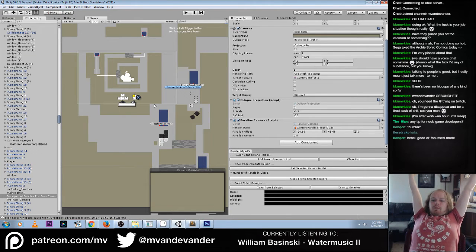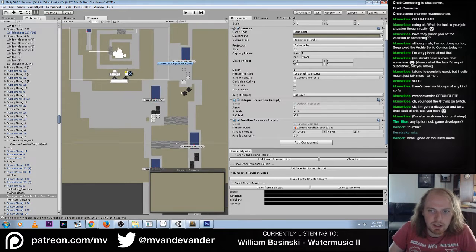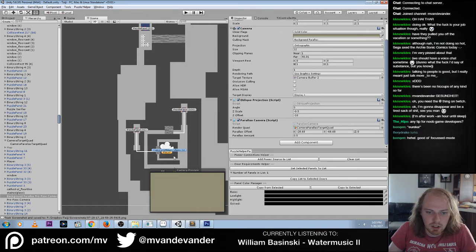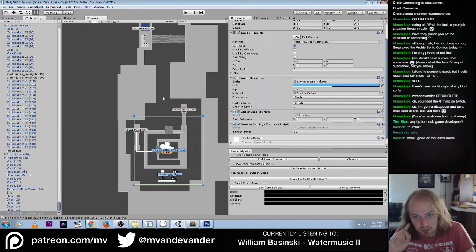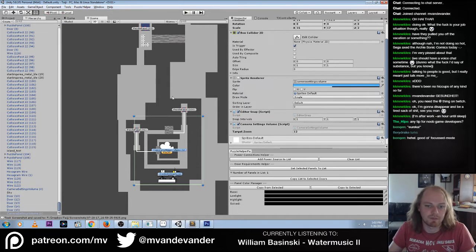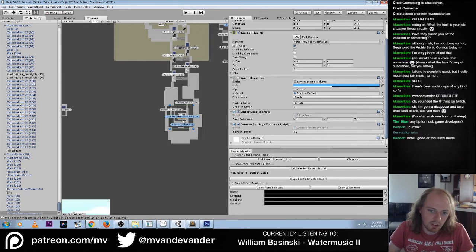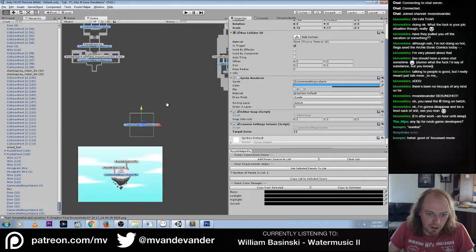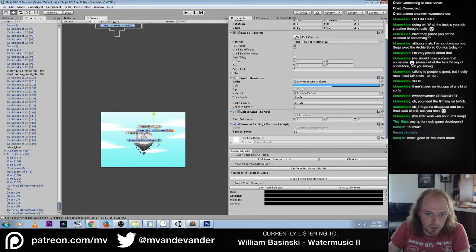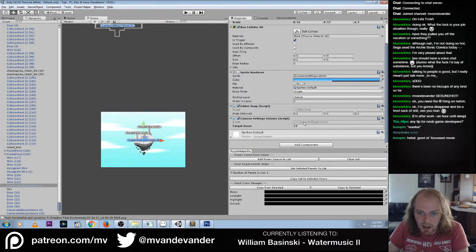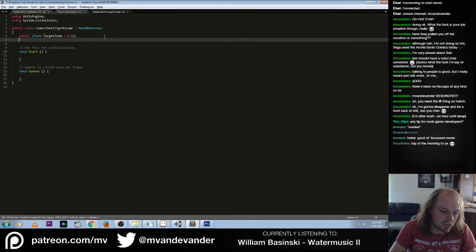And I'll probably put that into the camera settings volume stuff to where it sets that. Like, when you go to this area, it would have that. Actually, I can go ahead and do that. It wouldn't be that hard to do. Oh, there's already a camera settings volume here. I just add it to camera settings volume and say there's public